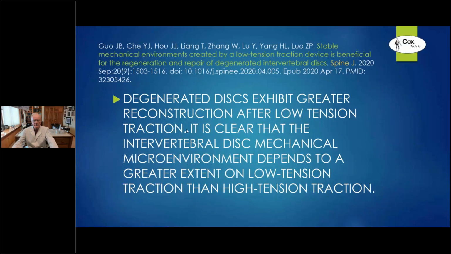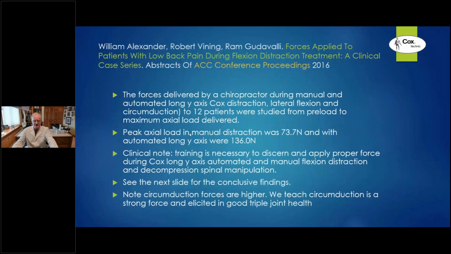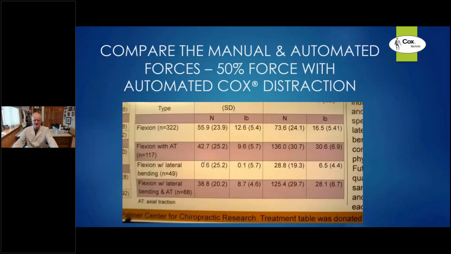So this paper came out about the forces delivered by a chiropractor doing manual and automated long y-axis Cox distraction. This paper pointed out that the peak axial load in manual distraction was 74 newtons. We pointed out that when you use automated distraction, as I'll show you later, for example, manual distraction will apply